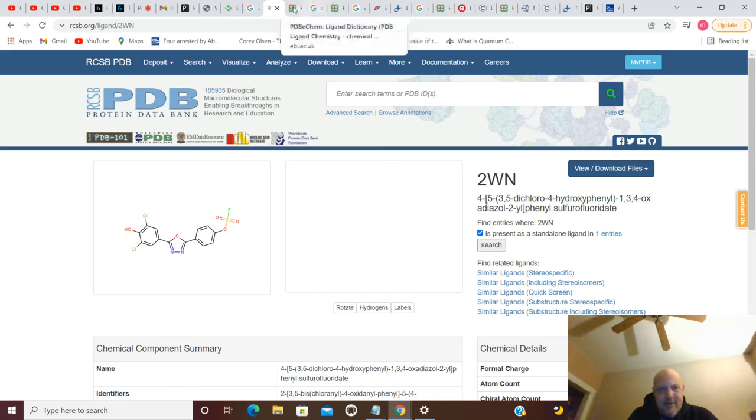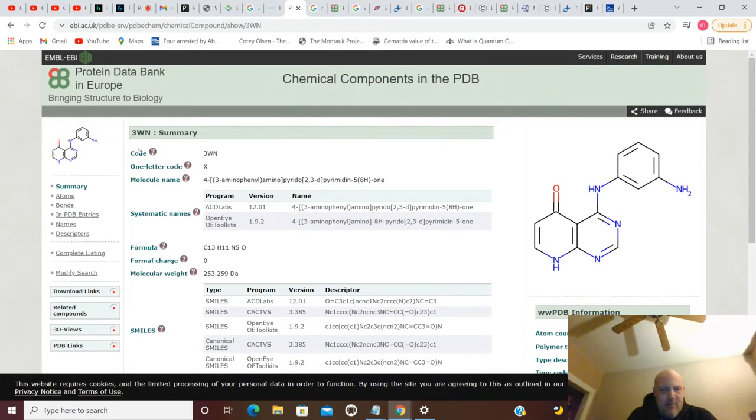So you got 2WN. And I also took 3WN and got this in the chemical components in the protein data bank. And 3WN here, code 3WN, molecular name for aminophenyl, this long thing here. So you got a few things with that.